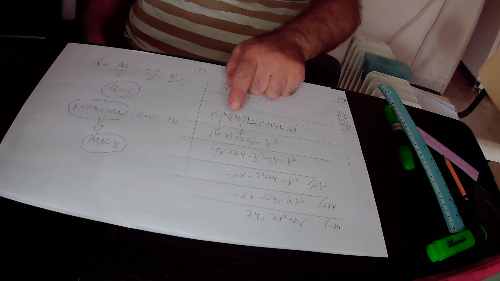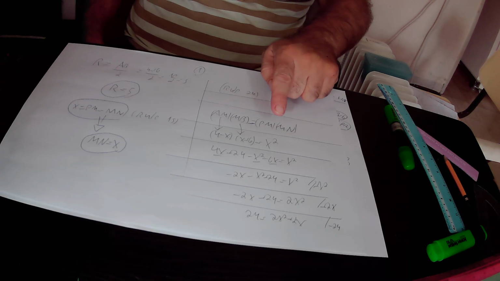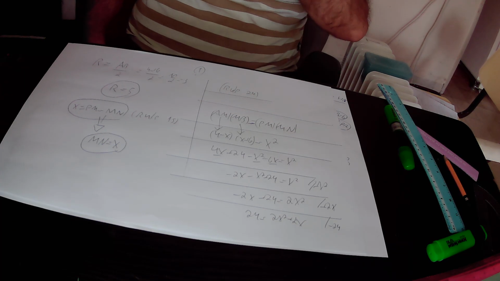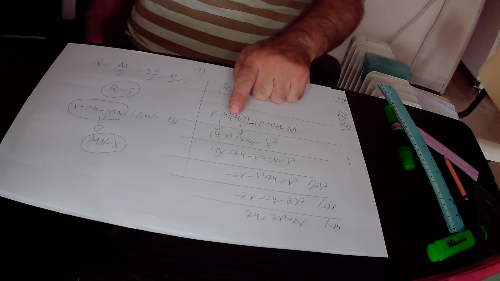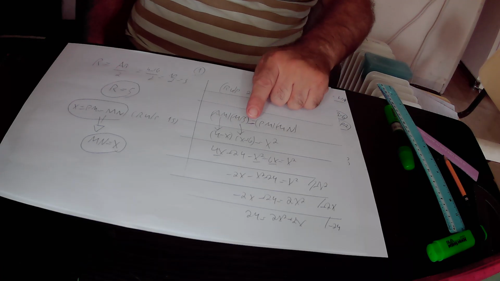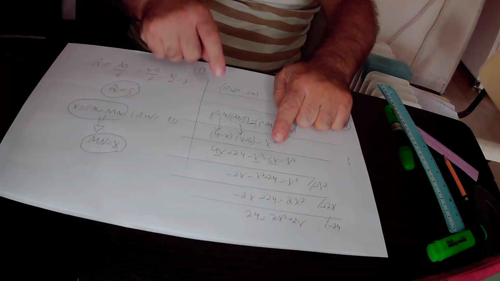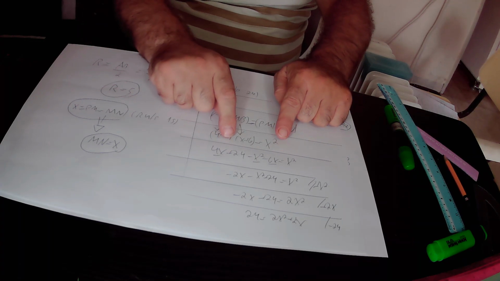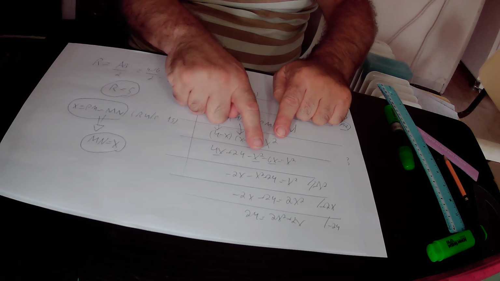So in total we found out that 4 minus x times x plus 6 equals x squared according to rule 24. Here we open the brackets of this expression, and we found out that 4x plus 4 times 6 is 24, minus x times x is minus x squared, plus 6x equals x squared. 4x minus 6x is minus 2x, plus 24 minus x squared